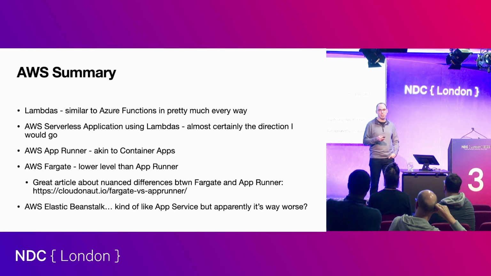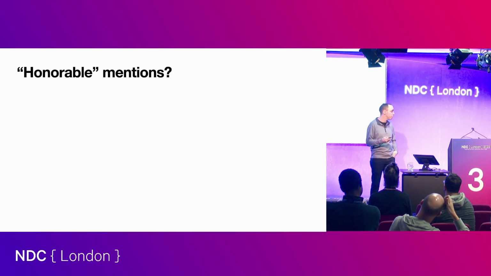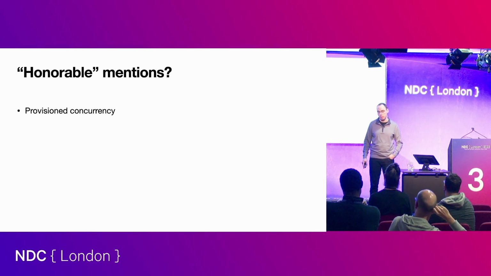Well, you already know my opinion on Elastic Beanstalk. I didn't use it myself, so again, I'm only telling you this is third-hand information at this point. So I will say that the honorable mentions for at least addressing cold starts for AWS Lambdas are provisioned concurrency. The problem is it's expensive for what you get, $3 a function a month, which adds up very quickly.